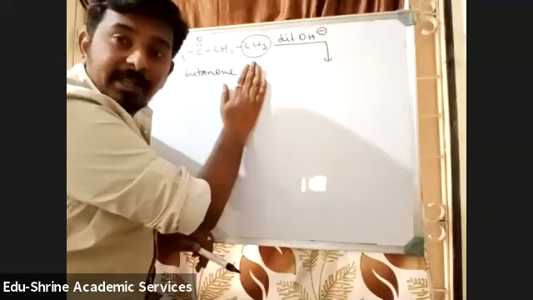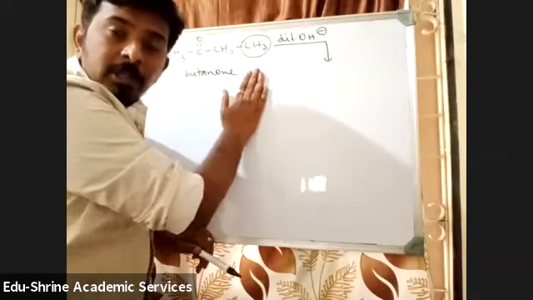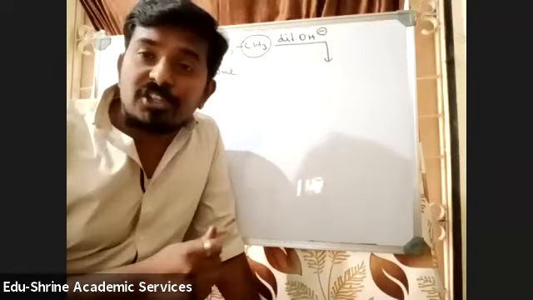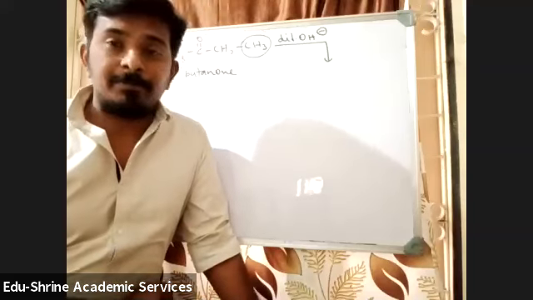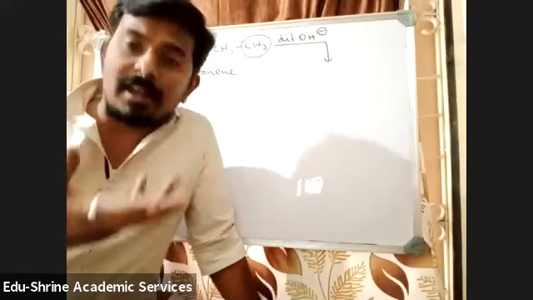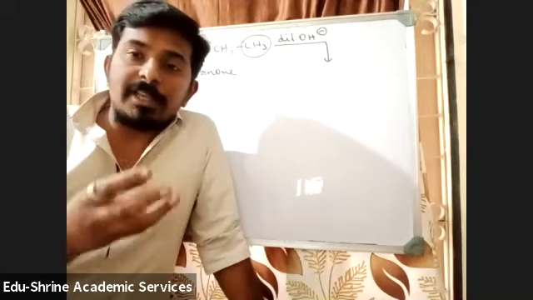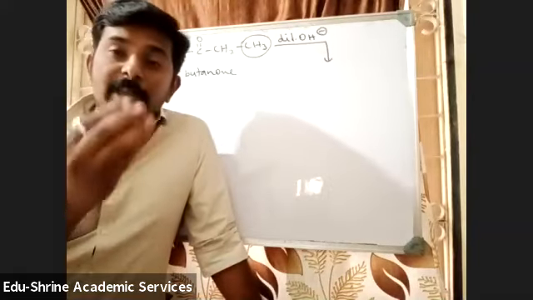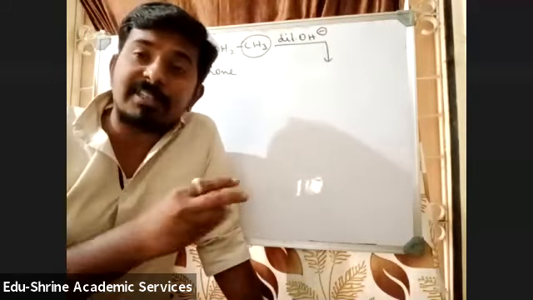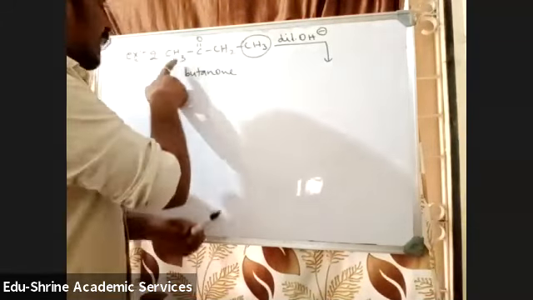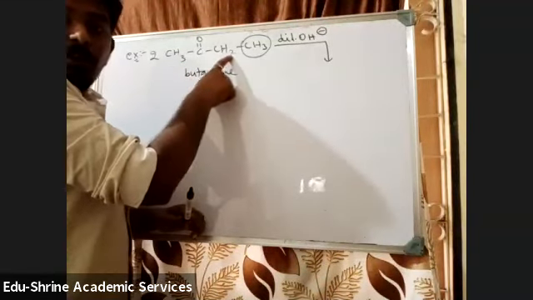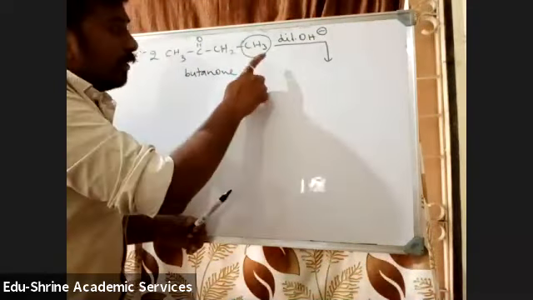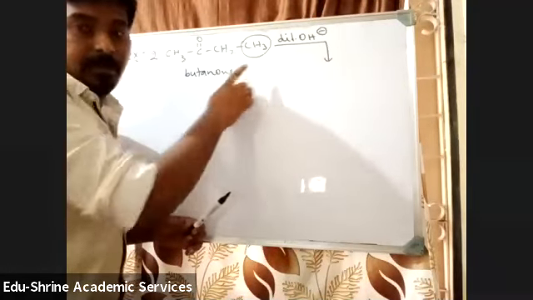Understood? Whenever unsymmetrical ketones are given, how to identify? You need to check for the more acidic one, because if you see the mechanism, the first step was the slowest step. Attack of base is the slowest step, that is the rate determining step. So obviously the rate of the reaction will depend upon the attack of base. So base will always be attacking the carbon atom which is having more acidity. So this is the carbon atom which is having more acidity than this, because to this CH2 there is an additional CH3 which is an electron donating group. Electron donating groups will decrease the acidic strength.